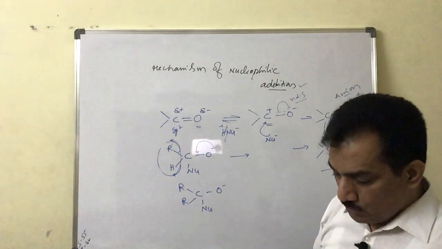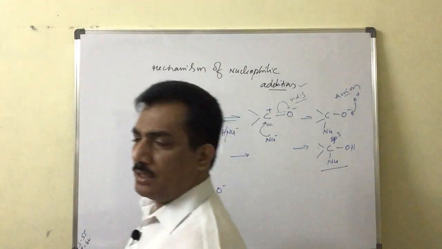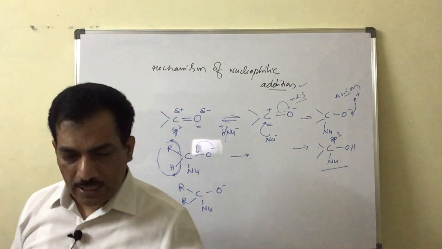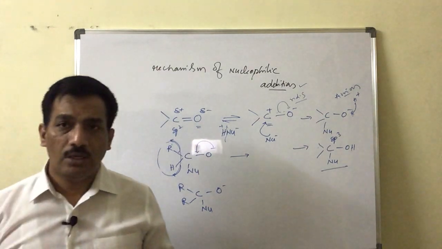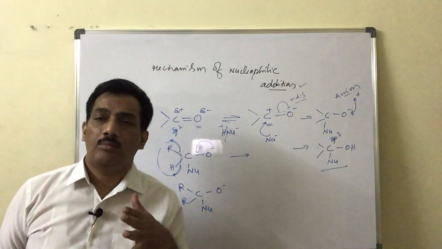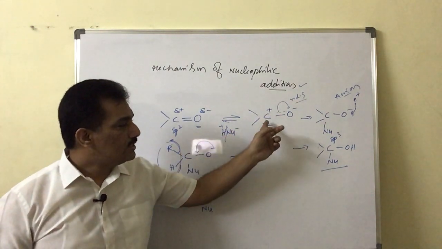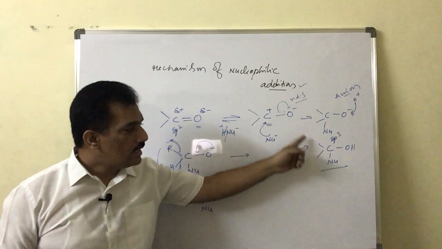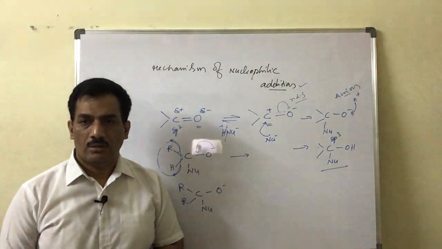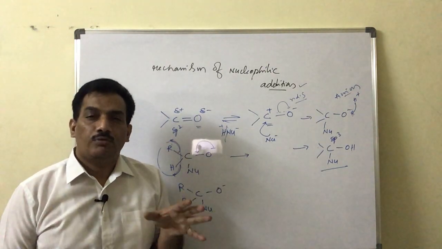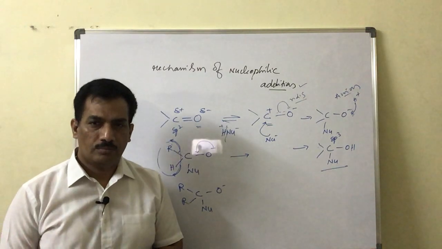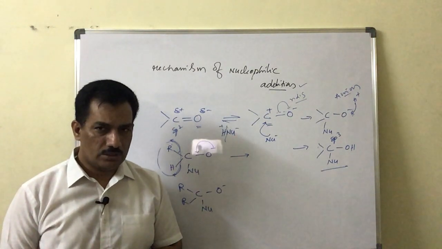And now we know the name of the reaction is given on behalf of the reagent which is attacking in the rate determining step. Here in the rate determining step, the nucleophile is attacking and the total reaction is an addition. So it is nucleophilic addition. I think now you are clear with all this.